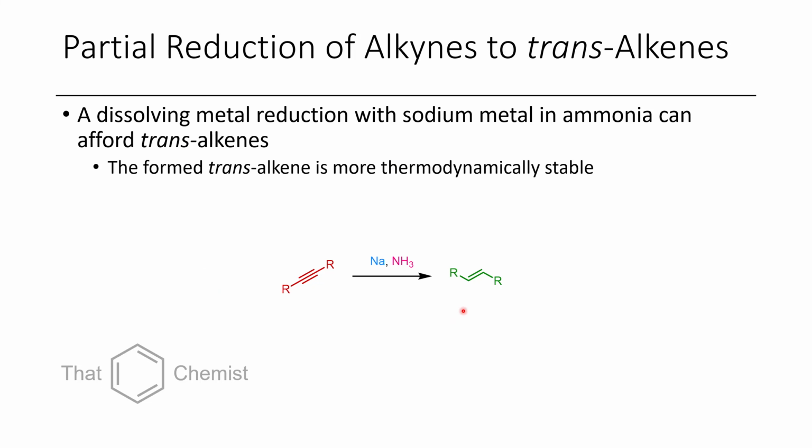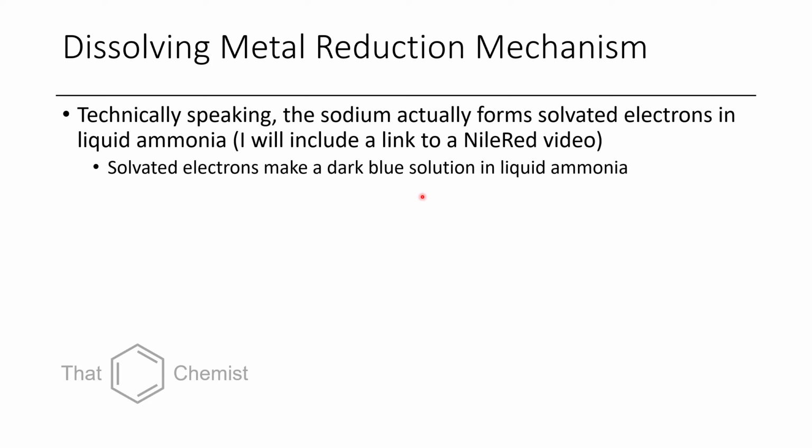So if you wanted to get a trans-alkene, you have to do a dissolving metal reduction. This is most commonly done with sodium metal in liquid ammonia. And I'm going to put a card to a NileRed video where he shows the formation of solvated electrons. So solvated electrons, when you put an alkali metal in a solvent like liquid ammonia, you'll get this deep blue